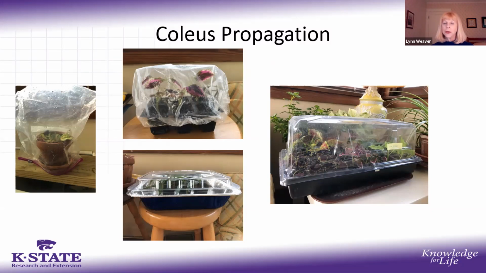My favorite thing to use on the right side there is called a humididome. These are available online. The reason I like the humididome is that it is about 8 inches tall. So if you have taller cuttings like Coleus, you've got plenty of room. Other things you can use are plastic lettuce and spinach containers, strawberry containers. You do need to make sure that they have holes in the bottom. If you don't, you can make them by poking holes and then placing that container in another.